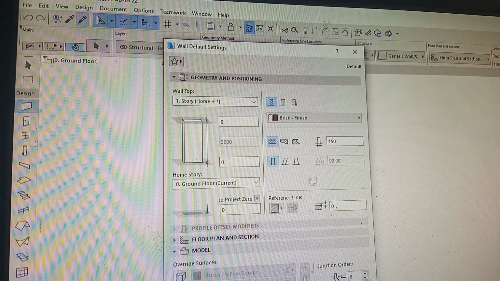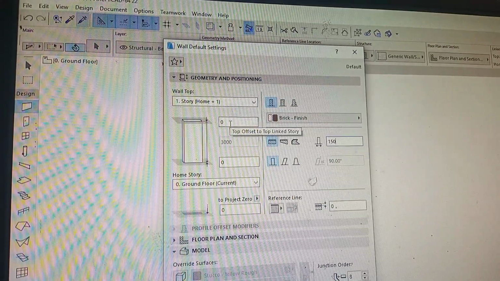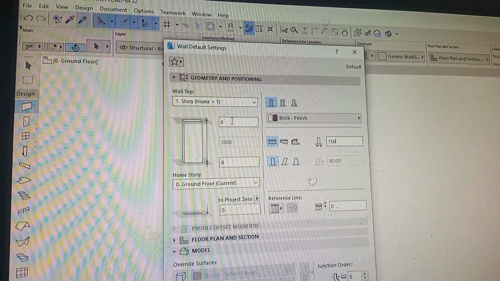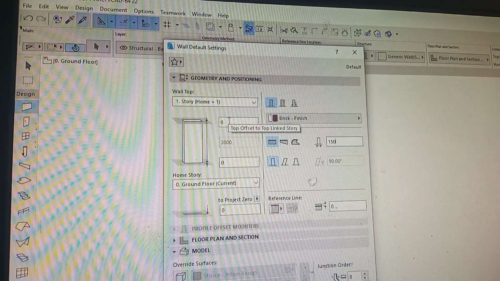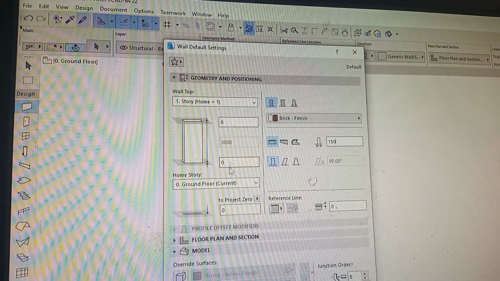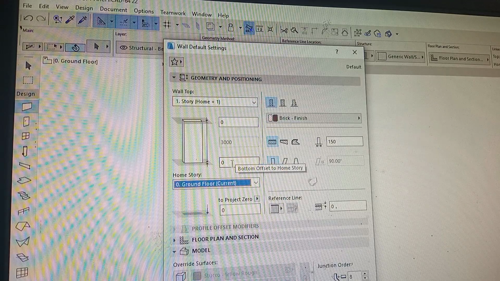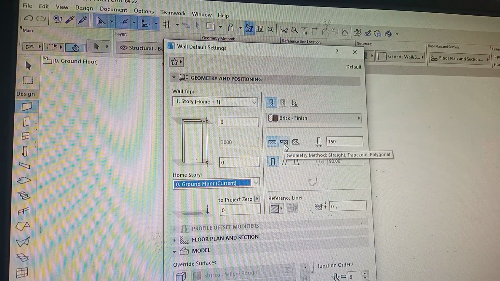We select 150 on our keyboard, and this is the top offset to the link story. The offset basically means where the wall ends and the slab has to sit on top of the wall. This is the ground floor. Of course we'll start from 0, make sure this is always 0. This is the straight